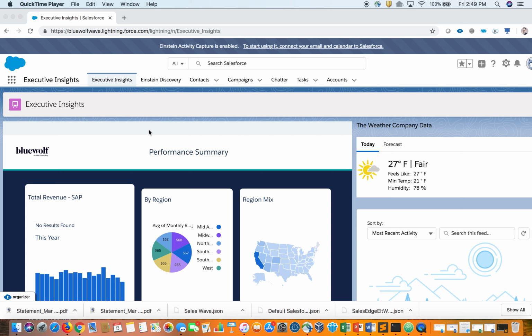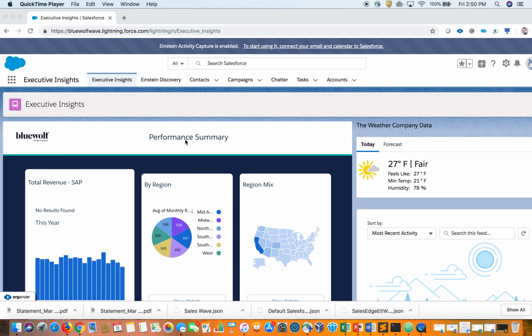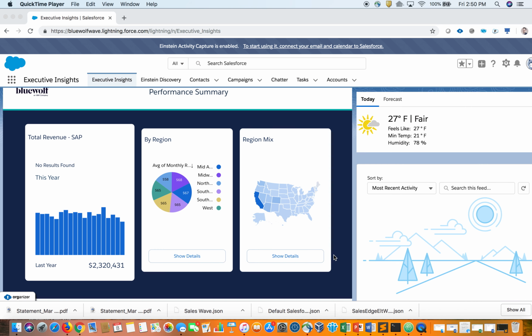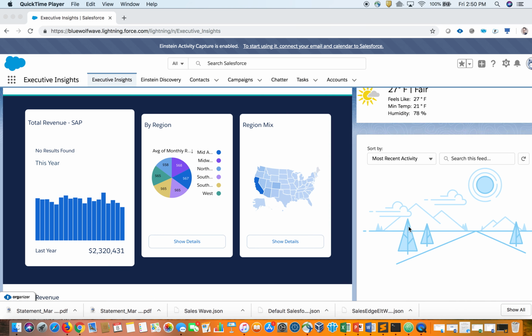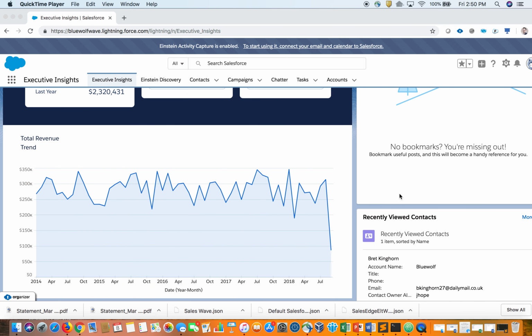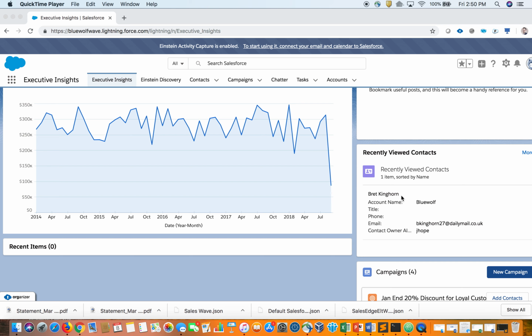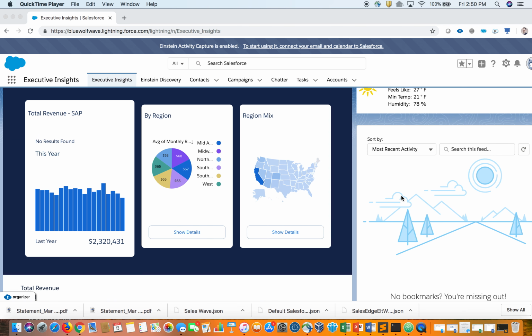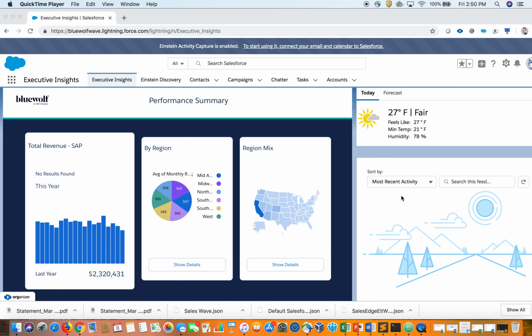So, to start off, this is the home page when you log into Salesforce, and there's an Executive Insights tab when you log in. And the cool thing is that you're presented with analytics embedded right when you log in, as well as other information like weather, data, most recent activity, and other recently viewed objects that you might want to see. So if we come in, we start and we see